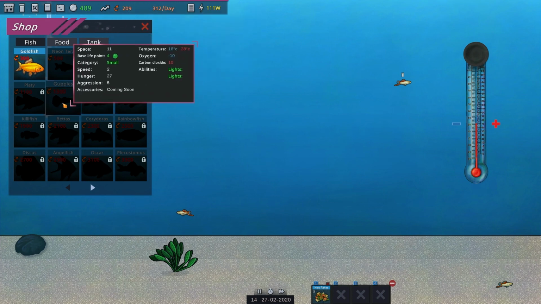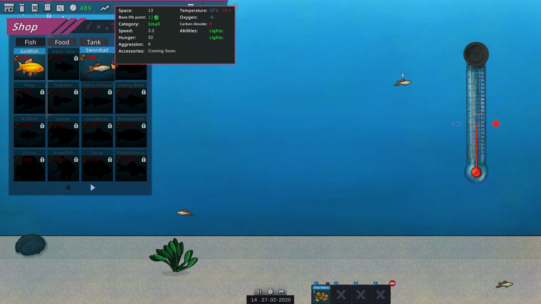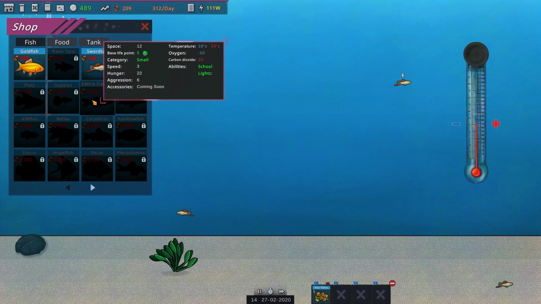I imagine as I go through their tree, those base life points are going to go up quite a lot. I remember goldfish were 2 and they went up hugely. So it doesn't always necessarily matter so much what the bases are, but...